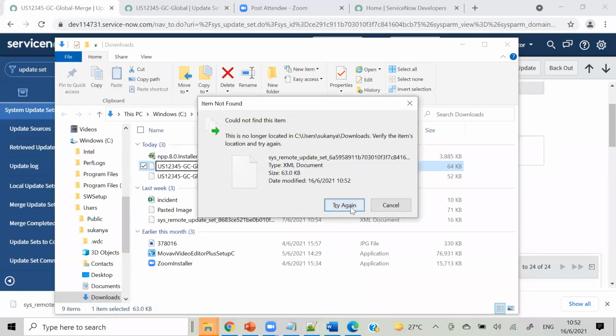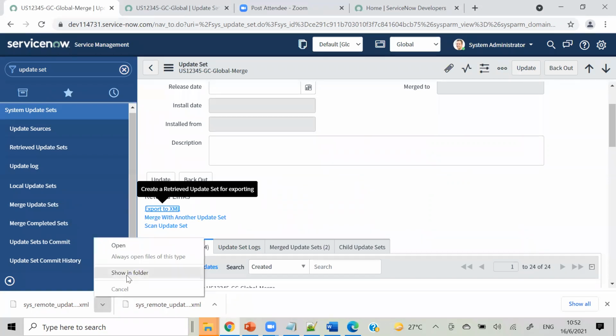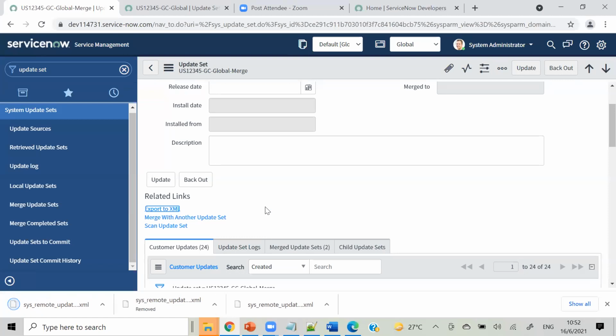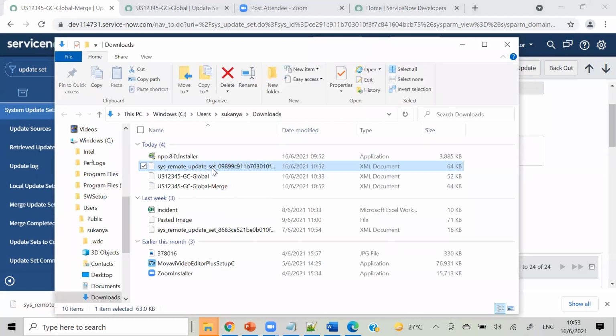Sorry, it got moved to some other place, I guess. Why is this removed? I am exporting again because it got removed. I don't know why. Yeah, sorry, that one was here only. So this is my new global merge one.